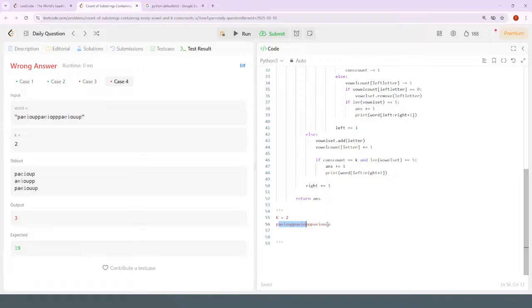And then closing the window on the left. It should close the window on the left when it's removing vowels, where the number of vowels